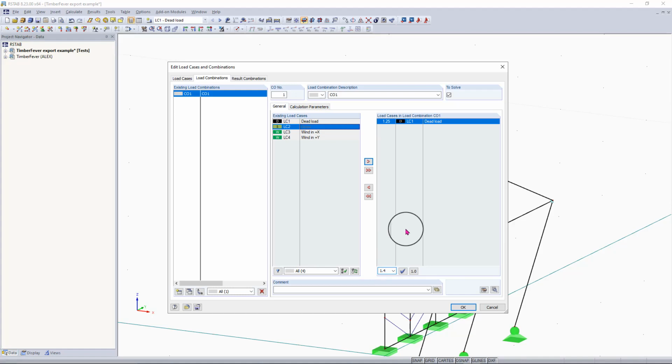So 1.4 will be multiplied by the dead load, and we can set that by hitting the checkbox. And now you can see 1.4 is set up here. So keep in mind, you don't want to have the software automatically generate the load combinations for you. Make sure you see the TimberFever engineering guide for the competition, and this will give you your load combinations and